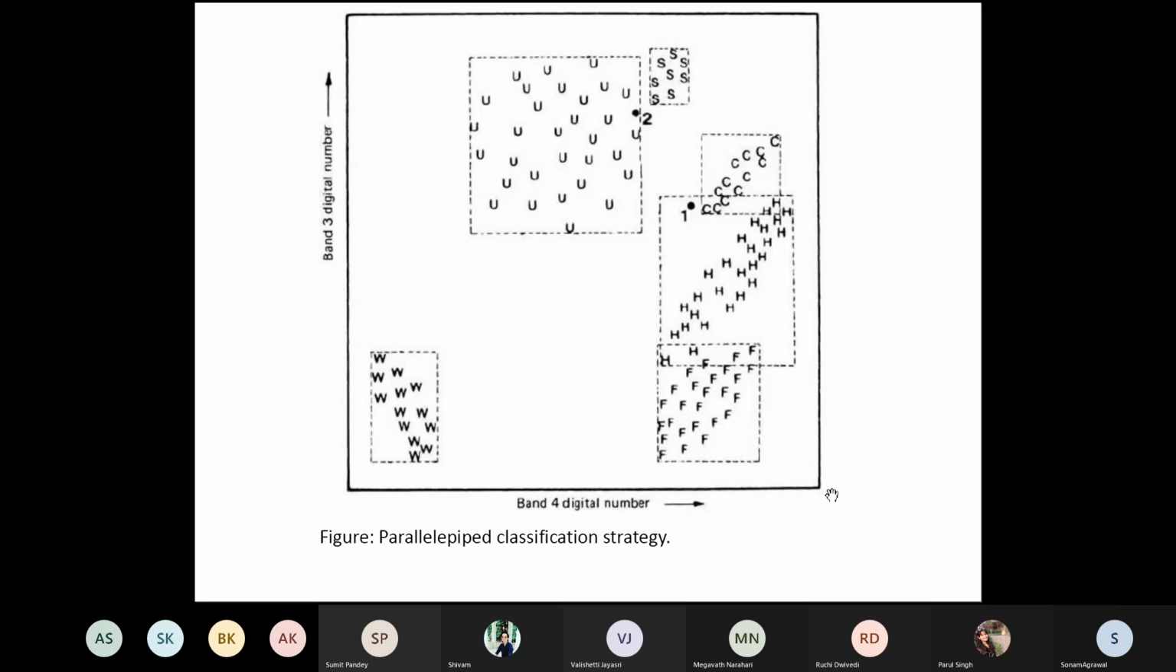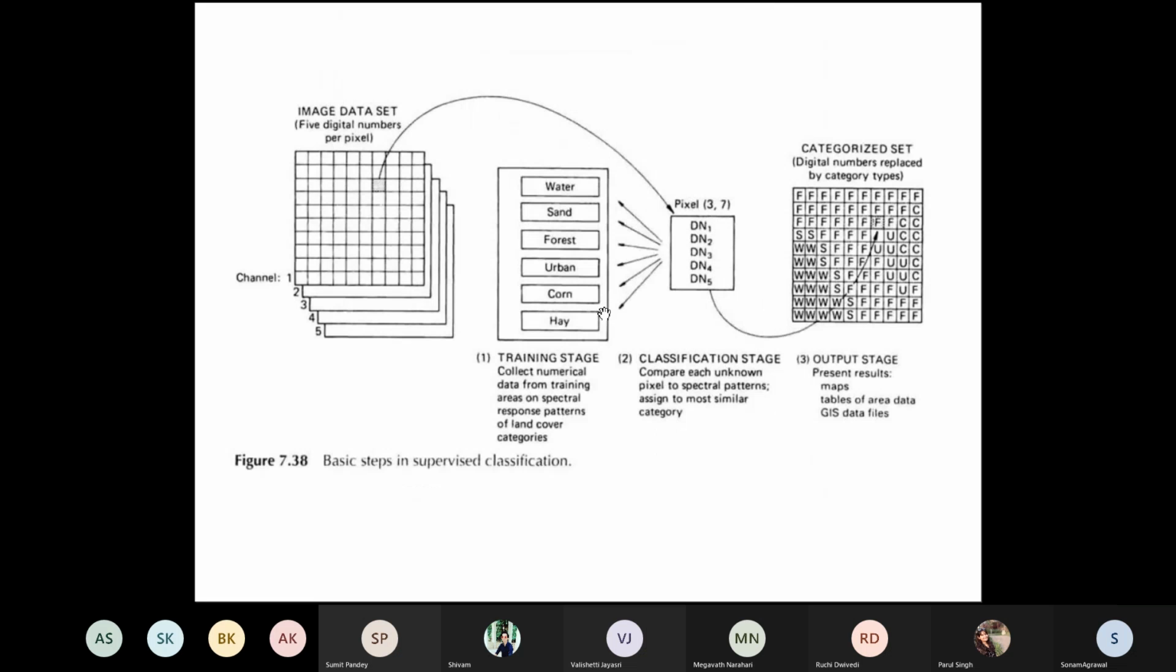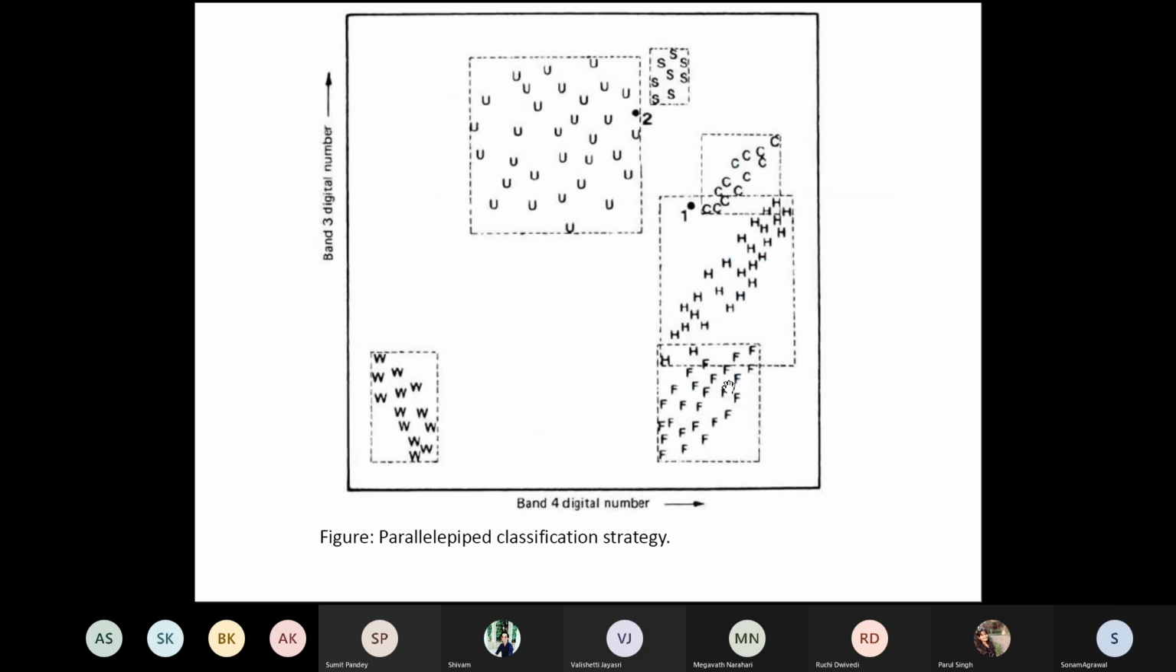So as you can see over here, there are different categories that you have learnt: water, sand, forest, urban, corn, hay. So these are the different categories. 6 categories are present. So when you go for the classification in the parallelepiped classifier or in a parallelepiped classification